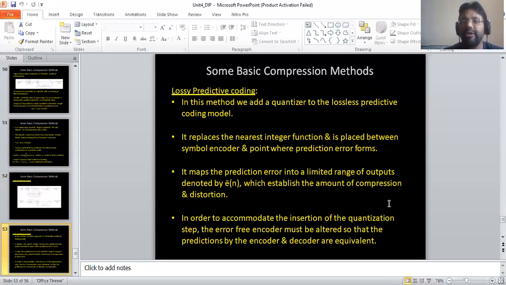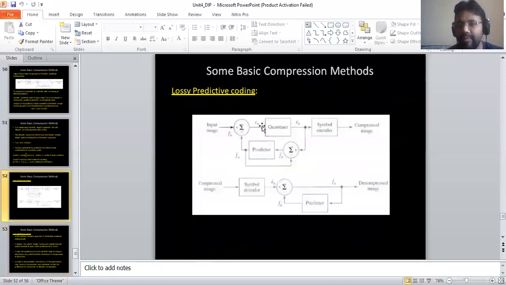Now in lossy predictive coding, in this method we add a quantizer, which is an add-on to the implementation when we compare with lossless predictive coding. It replaces the nearest integer function and is placed between the symbol encoder and the point where the prediction error forms. So the quantizer sits midway between the symbol encoder and the error.